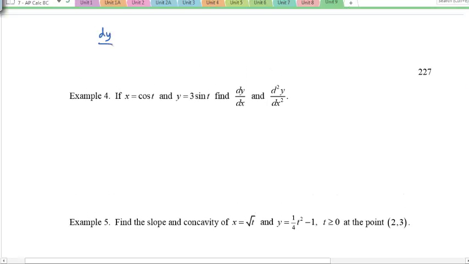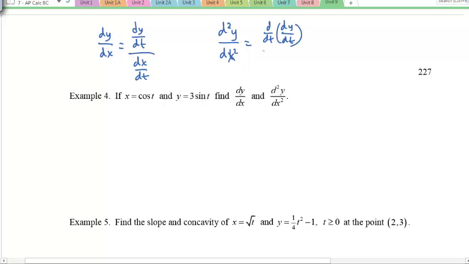So dy/dx is equal, parametrically, to (dy/dt) over (dx/dt). The second derivative, d squared y over dx squared, is equal to d/dt of dy/dx, divided by dx/dt. Alright, let's use them then. So, if we've got example number 4, where x equals cos t and y equals 3 sin t, let's find dy/dx,